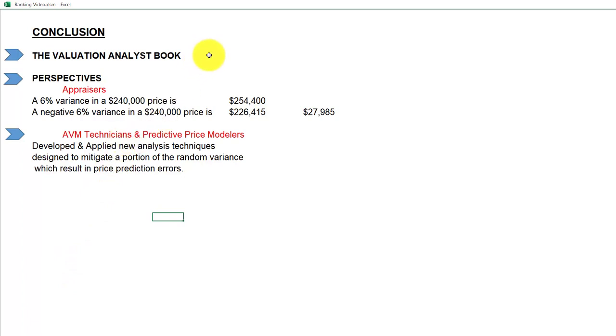I do want to mention the Valuation Analyst book, and remember, it's pragmatic.